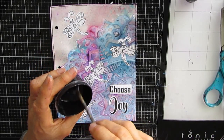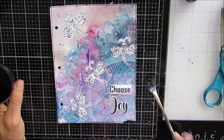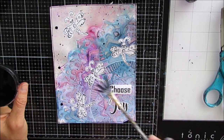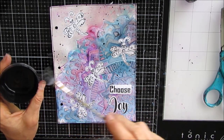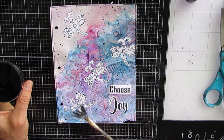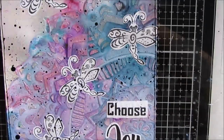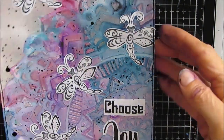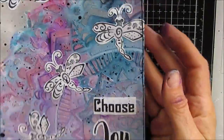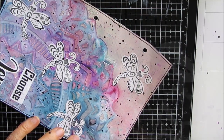Now I've got some black paint that I've thinned and I'm using my fan brush and I'm just going to splatter, get a little bit more of that black into the background. Again, I'm still thinking I'm missing that contrast. I like what it is, but I am thinking something is missing. Loving the iridescent. I'm thinking right now that I'm done. I think I go have a coffee